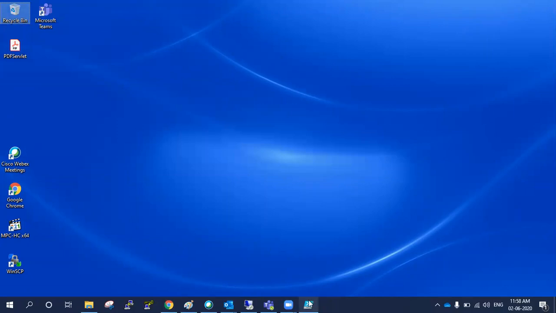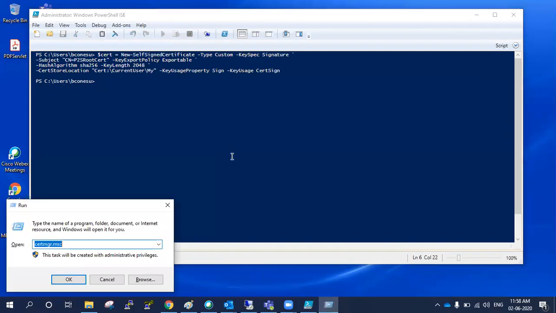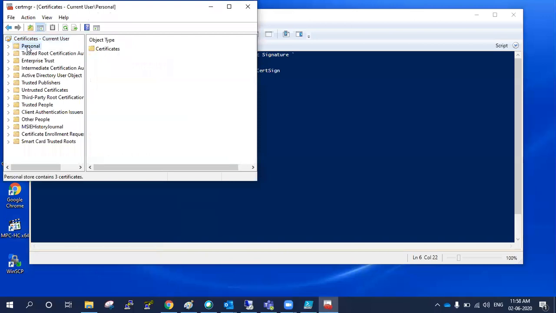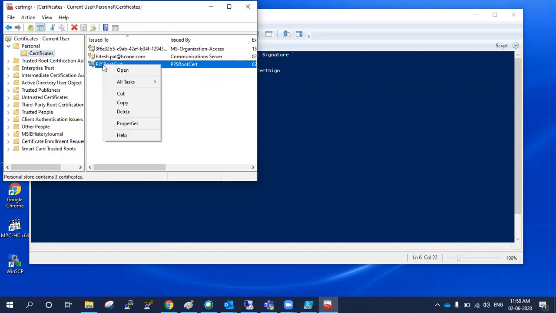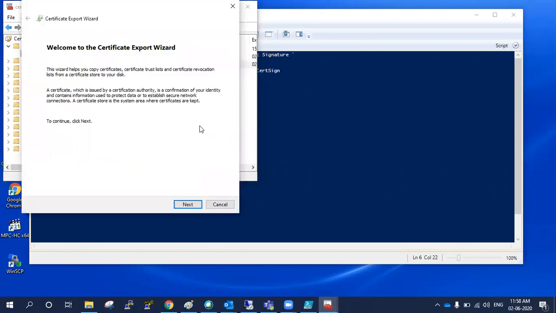So I need to go again and generate. My root certificate has been created. Now I'm going to export my certificate. This is my personal certificates, and see the P2S root certificate. This is your root certificate at the server end. Let me go to all tasks, export.